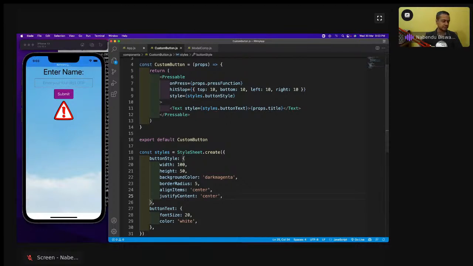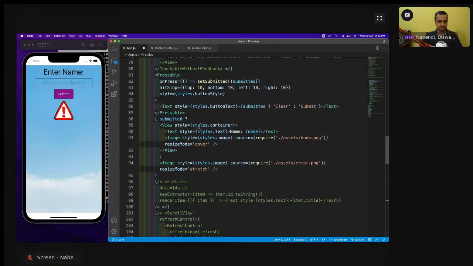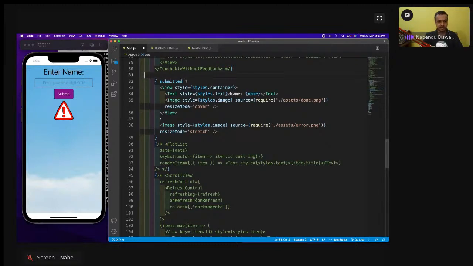Okay, props is coming from our main function. So now what we have to do is go here, and the first thing is that this pressable thing, I will delete it. Instead of this, I have to keep this thing. So first thing, there won't be any pressable like this, so I will delete it. And then I will have this